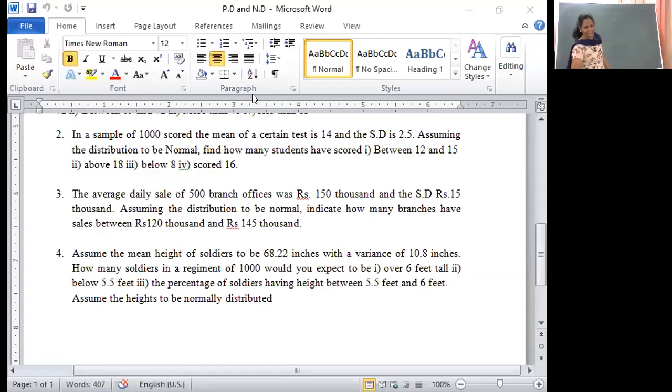What is called a continuous interval? In BRM, measures of central tendency, if you observe class intervals and corresponding frequencies, if it is continuous class intervals, 0 to 9, 10 to 19, 20 to 29, these are not continuous class intervals. Maybe you have studied this concept in measures of central tendency. If you didn't study, I am explaining. Anyhow, he has asked this doubt. 0 to 9, 10 to 19, these are not continuous class intervals.